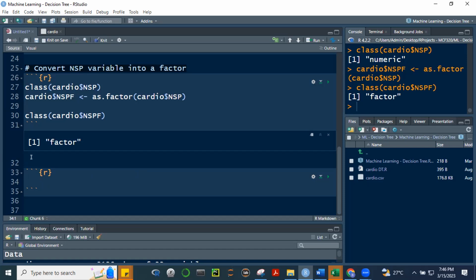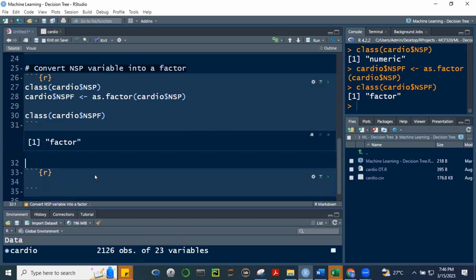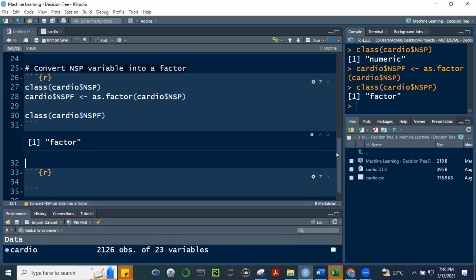Okay, decision trees. Alright, so let's go here. Now, sa machine learning, what's done is that you don't make use of all the data. Bakit natin hindi gagamitin ng lahat ng data yung 2,126 observations? Why aren't we going to use all of this in order to create a model to predict kung N o S o P ba siya? Kasi if we're going to use all of this, magkakaroon tayo ng what we call overfitting.